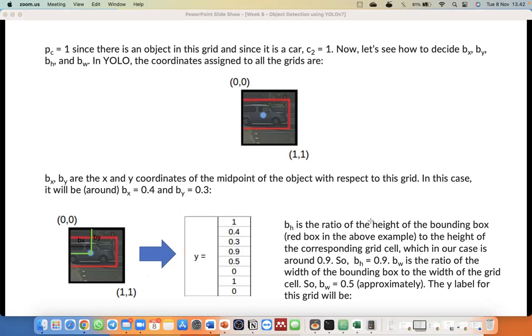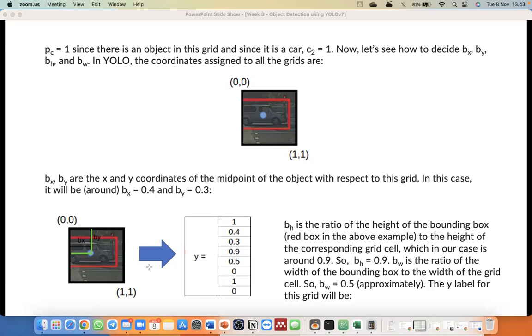And Bh is the ratio of the height of the bounding box, the red box in the above example, to the height of the corresponding grid cell, which in our case is around 0.9. So Bh will be 0.9, and Bw is the ratio of the width of the bounding box.